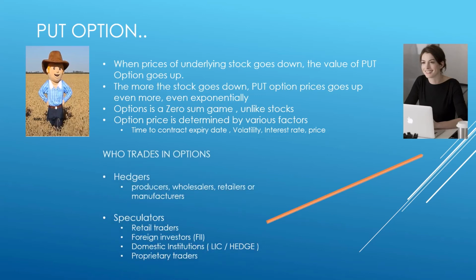And there are two categories of people who trade in options, like in call options: hedgers, who are producers, wholesalers, retailers, or manufacturers. And here, Ramu comes under the hedger category because Ramu wanted to safeguard his interest of getting a reasonably good price for his wheat. And Leela falls under the speculators category. As I always said, speculators also play an important role in the market. They provide liquidity. Because remember, if Ramu wants to buy a put option, somebody has to sell it. And typically it's people like Leela who sell it. I mean speculators.